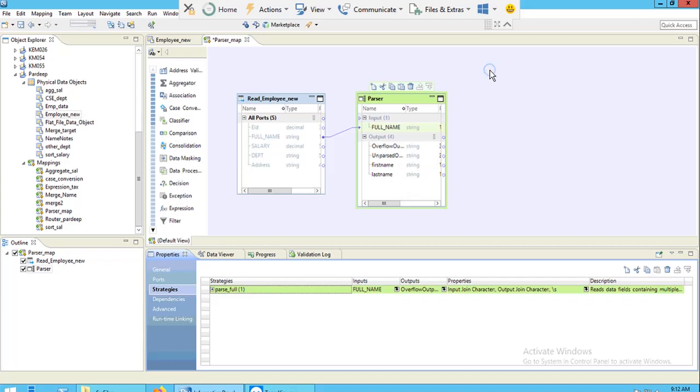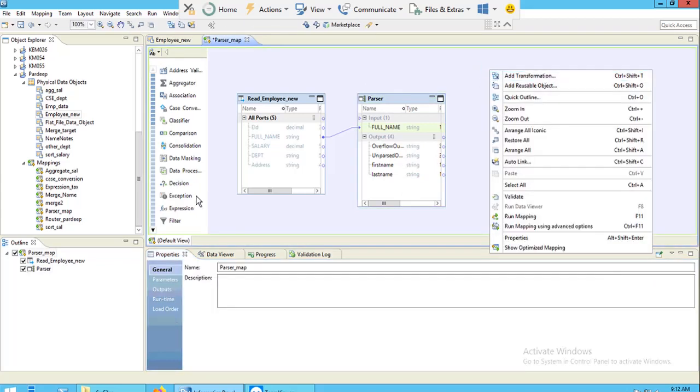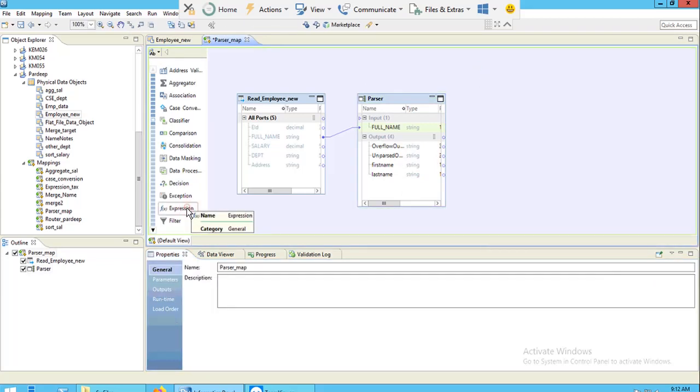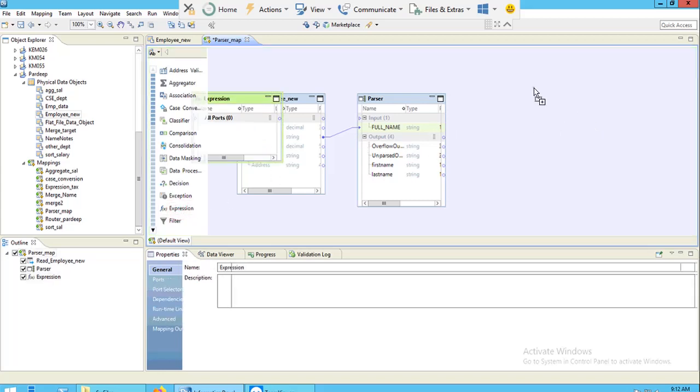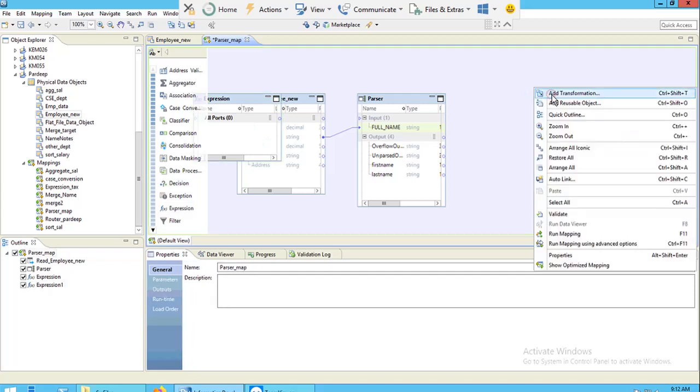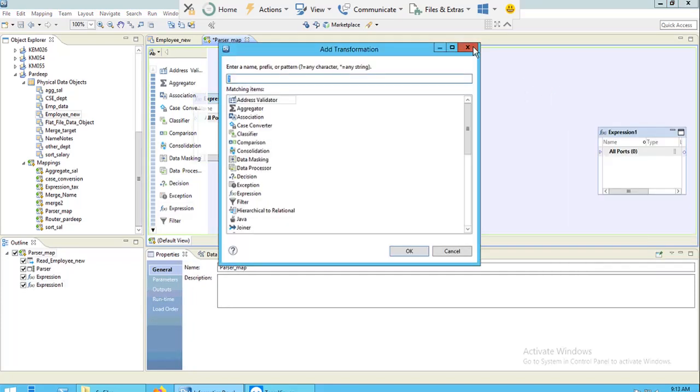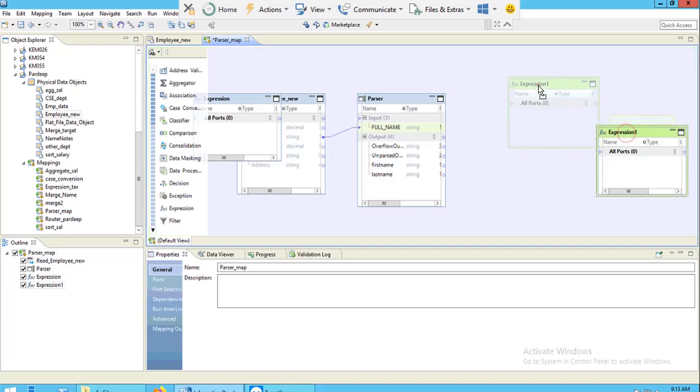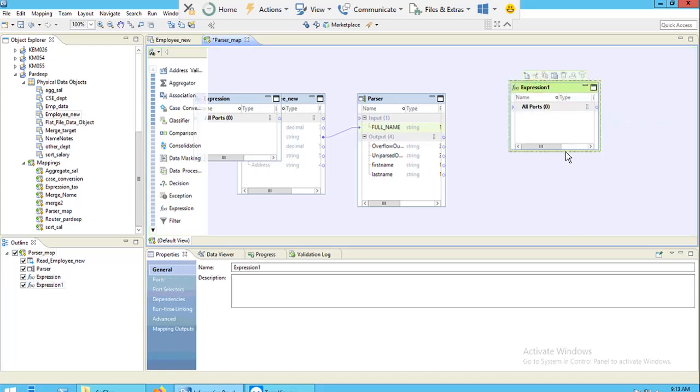Now I can see here, output ports are created. Now I need a regular expression. You can find it from here also. Expression transformation. You can drag it till here. You can right click. I'm already having this.